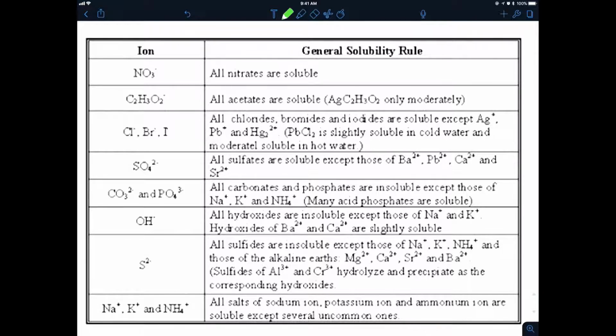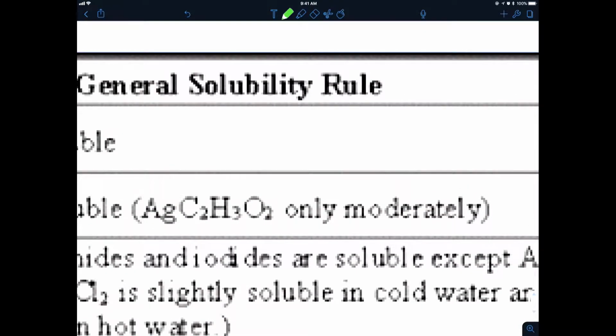So what we have here, all nitrates are soluble, all acetates are soluble, etc. You're going to need to know all of this with the exception of maybe the sulfurs you might not get tested over, but it is still a good thing to know. So just know these, and if you would like to find these, all you need to go to is the Google search, and all you're going to do is type in